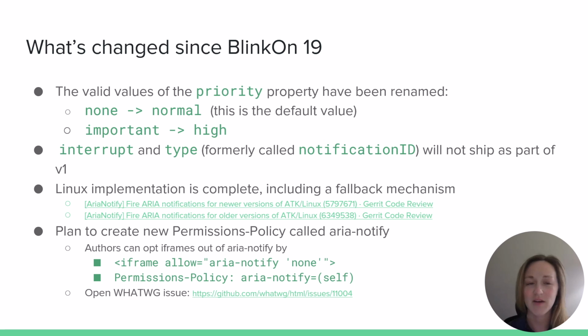What's changed since BlinkOn 19? The valid values of the priority property have been renamed from none to normal, this is the default value, and from important to high. The interrupt and type properties will not ship as part of V1, but we do have implementations for these properties behind a feature flag in Chromium and hope to include them in future iterations of the API. Since BlinkOn 19, the Linux implementation is complete, including a fallback mechanism for Linux versions that use older versions